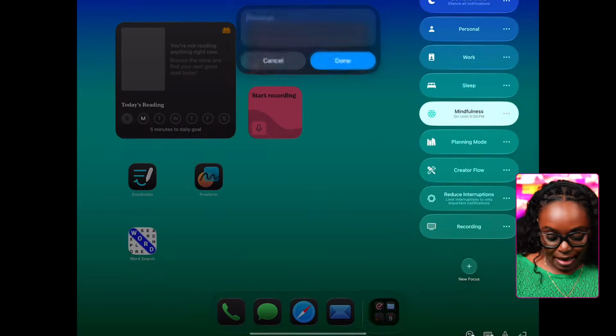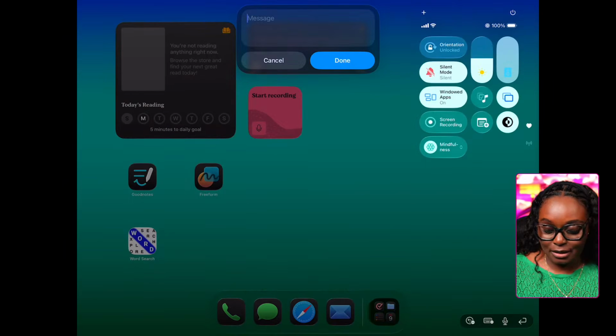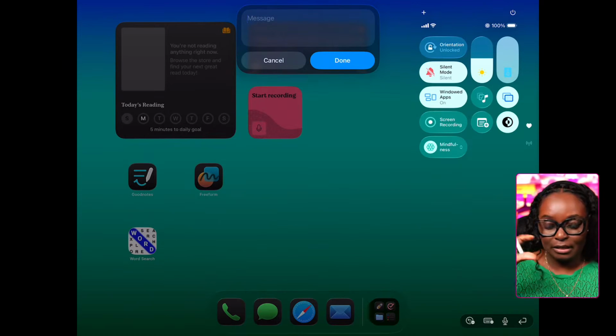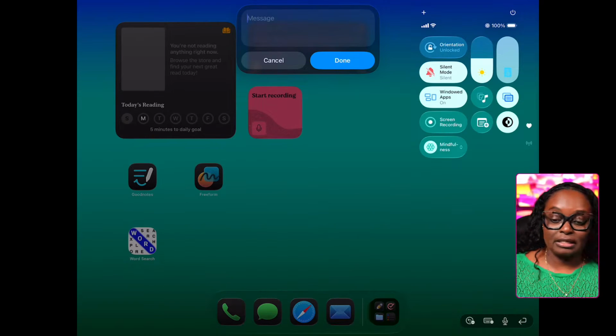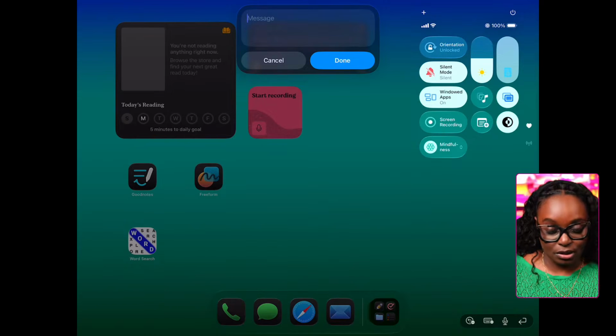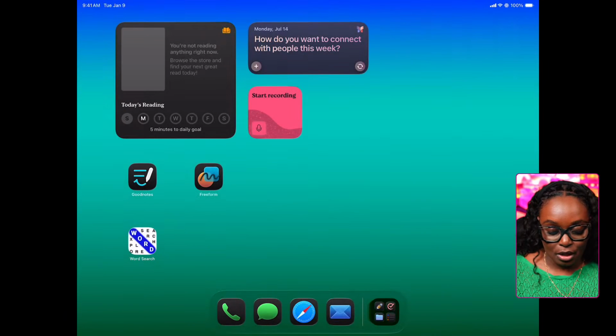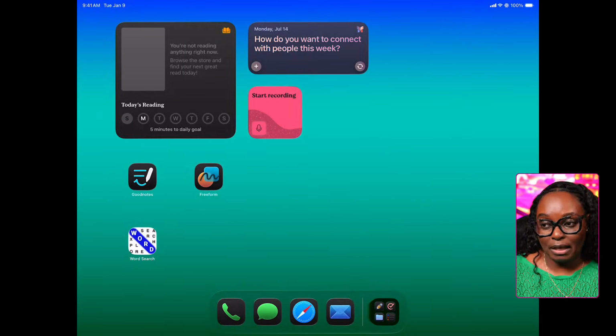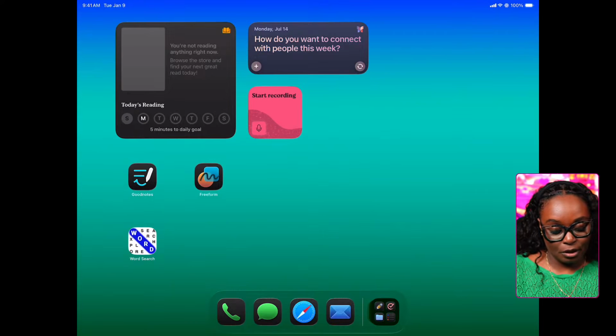If I go into mindfulness, because there's a certain time that I wind down every night. I think it starts from 8:30 or 8 p.m. Usually this mindfulness focus comes on, and notice the background changes as well. And so I have an actual automation here that I'm gonna cancel. But this is what the mindfulness does: once 8 p.m. comes around, Monday to Friday,